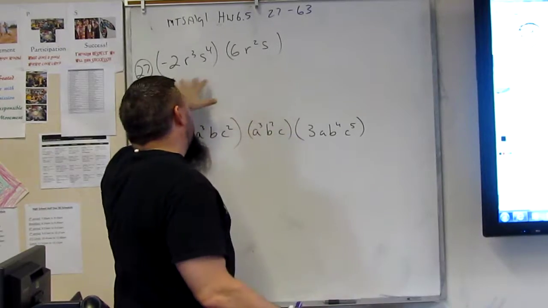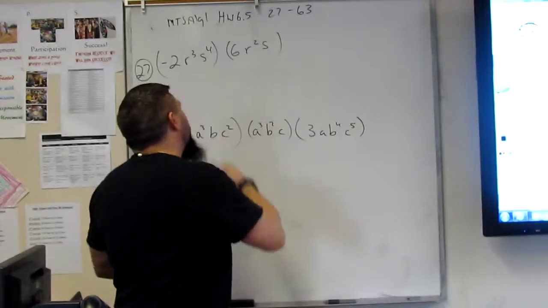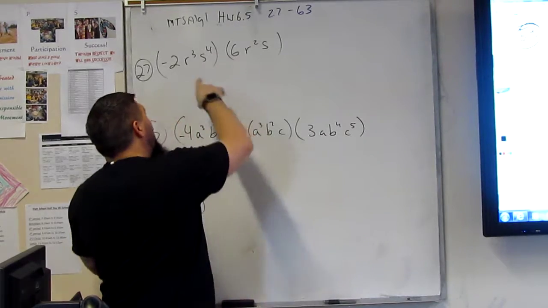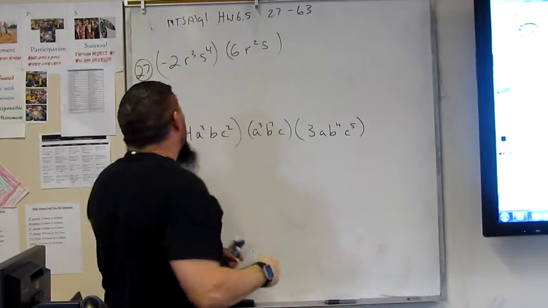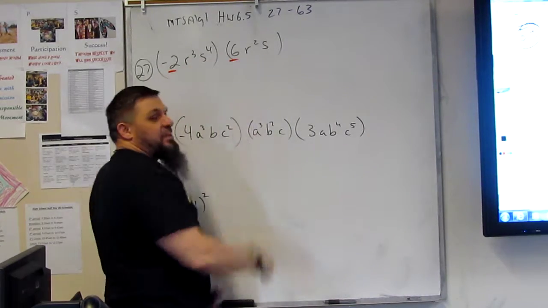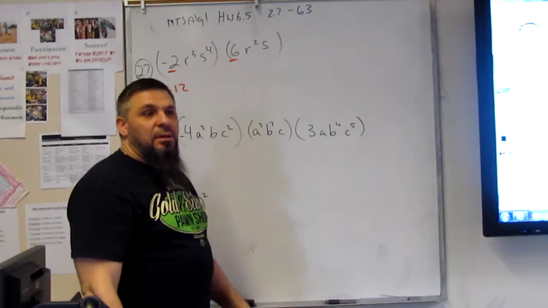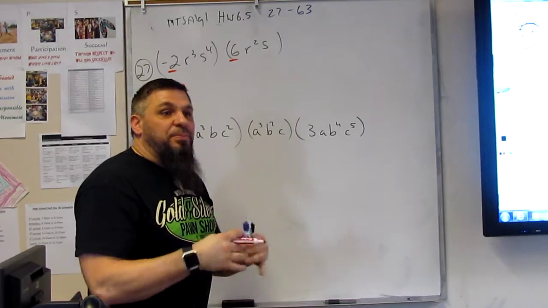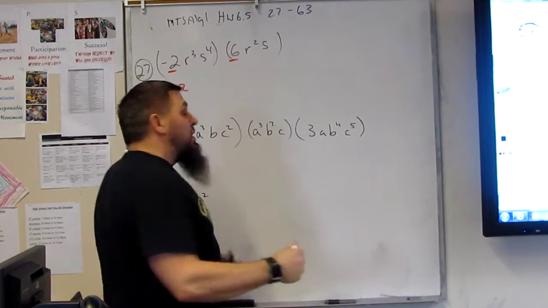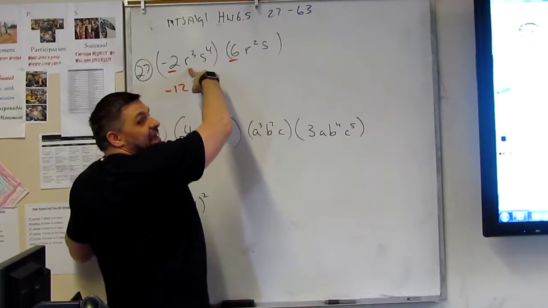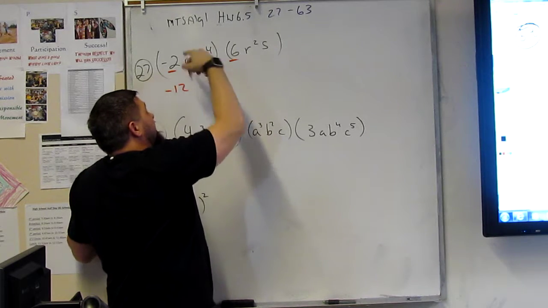When we're multiplying these monomials, remember, we're just multiplying the numbers. What's negative 2 times 6? Negative 12. Okay? That was easy. And then we're going to multiply the letters. R's with R's. So, when we multiply the letters, what we have here is